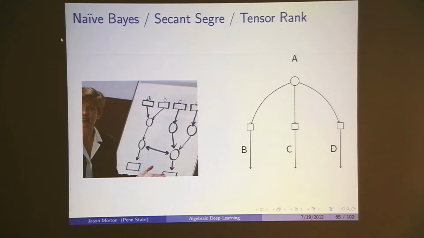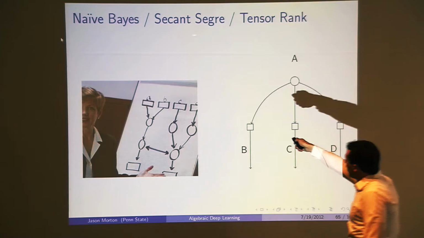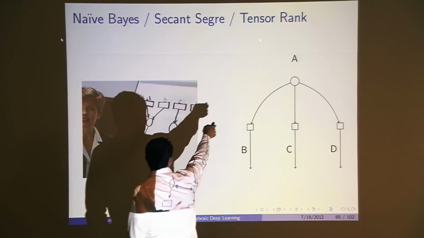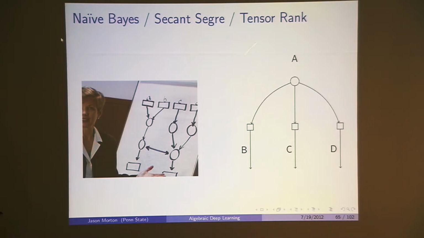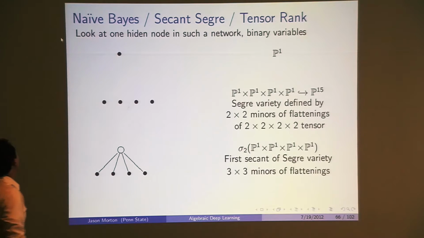Okay. So first is our naive Bayes model, which in geometry land is called secant varieties or Segre varieties. In tensor land it is called a tensor rank or a border rank model. And the string diagram is this kind of squid picture. And we've seen this before. So if I have just one biased coin, I want to think about that like a P1. So a P1 is, you can think about this as being,